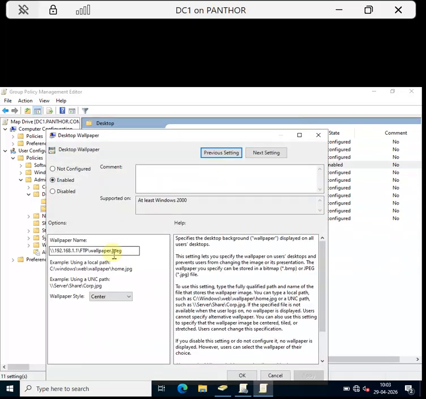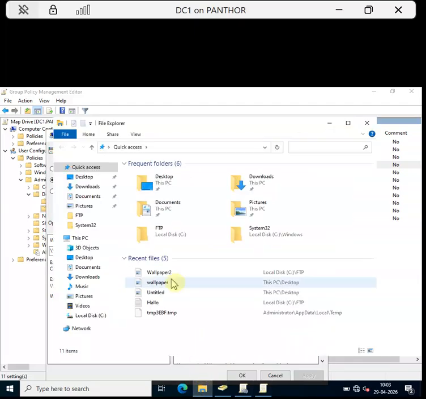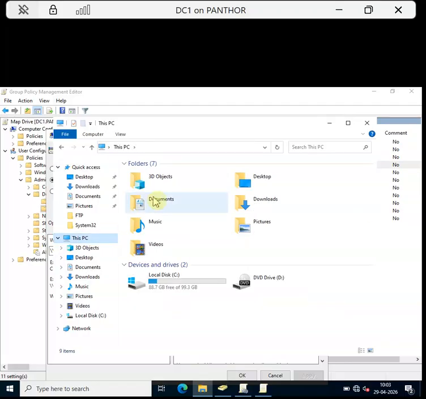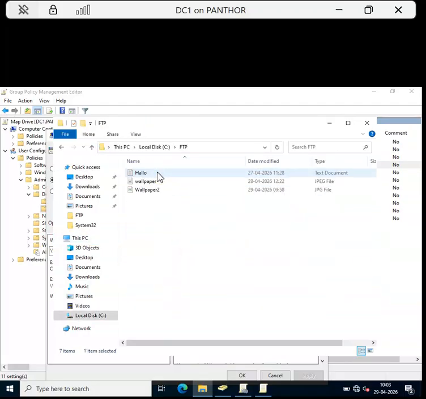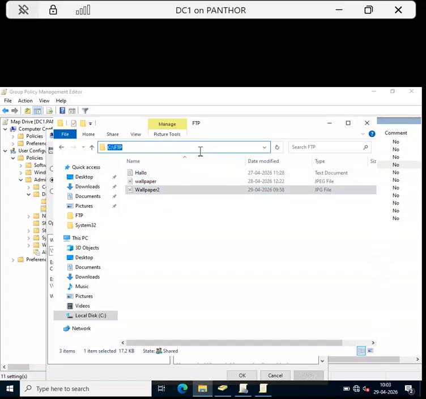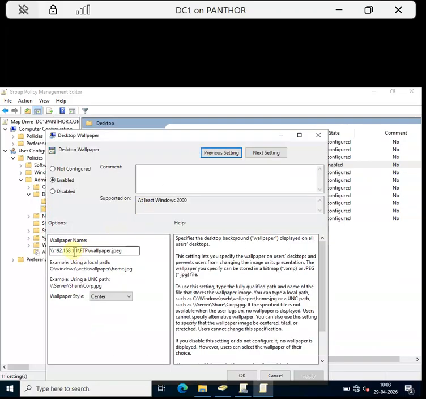Yeah, previously I set one different wallpaper. Okay, so now I am setting another wallpaper to reflect it. This wallpaper I am going to set through group policy. This is wallpaper 2. Okay, and the path is C colon FTP, and the IP address is 1.1 FTP wallpaper dot jpg, but the name is wallpaper 2 dot jpg. So I am applying. Okay,